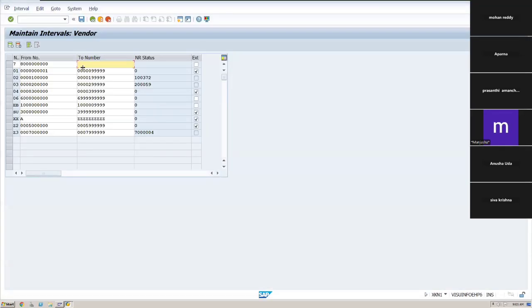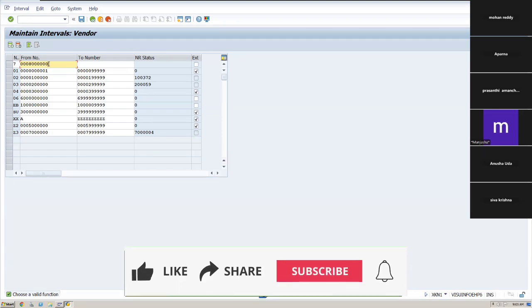This is XKN1, right? Here number ranges are already mentioned. Whatever is here, 01, 02, 03, we have to use the same number ranges for our scenario also. Don't create a new number range, because from 01 onwards there are already 10-digit numbers created. If you want to create more than this, there is 01, 02,